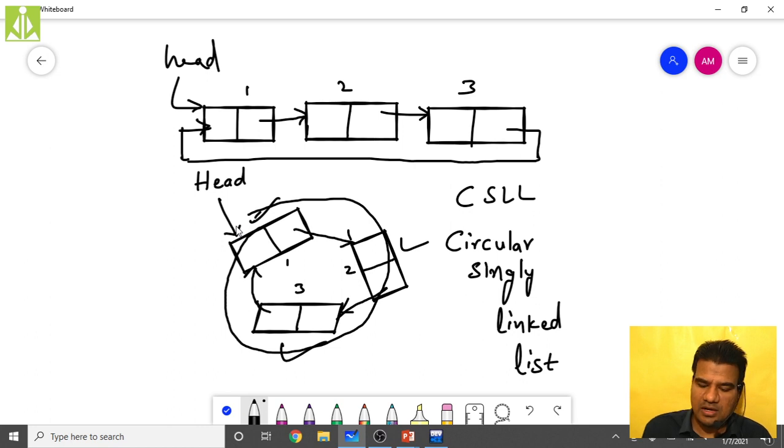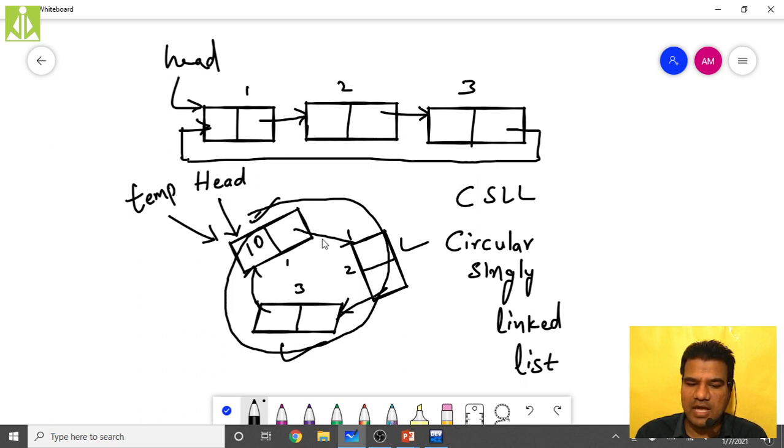First we make the temporary pointer head. We have 10, 20, and 30.